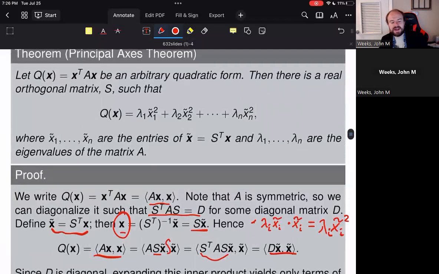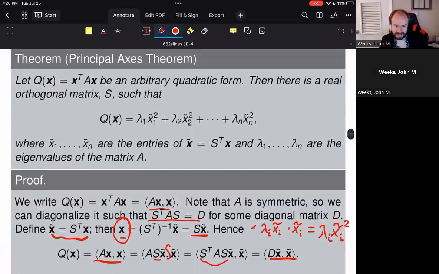So this is a little bit of a proof of this principal axes theorem. Namely, we didn't just have to work in terms of the previous example to do this. The principal axes theorem gives us a solid way of making this happen. We just know that there exists a change of variables. But that change of variables can come from the diagonalization argument that we were working with in our previous presentation. We can make our orthogonal matrix S here our change of basis matrix. We can make lambda 1 through lambda n our eigenvalues of the matrix A, being the coefficient matrix of this